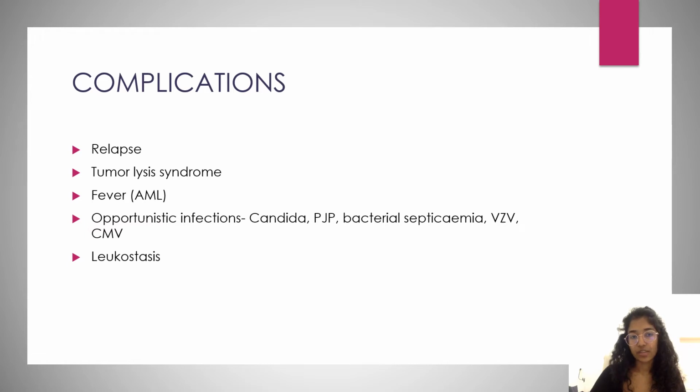Complications that can arise as a result of acute leukemias in general include relapse of the disease, where your treatment doesn't work or you just have it occurring again after a period of time. You also have tumor lysis syndrome. Tumor lysis syndrome is basically when you have therapy administered to the patient, such as chemotherapy, and you have a massive amount of